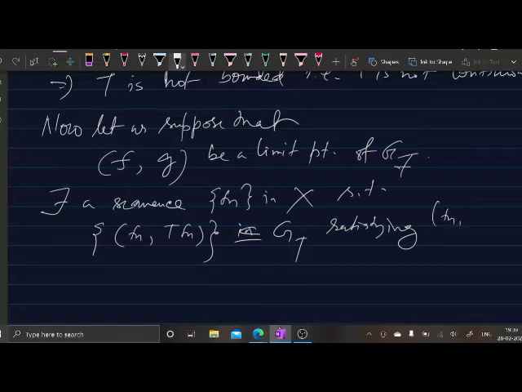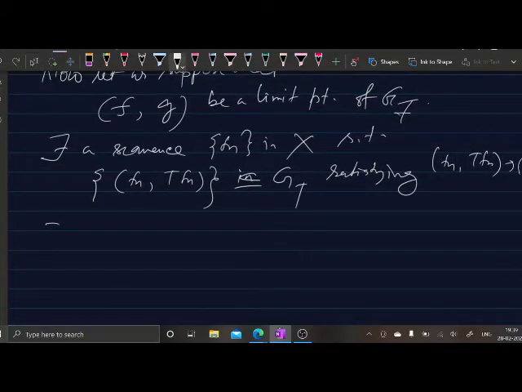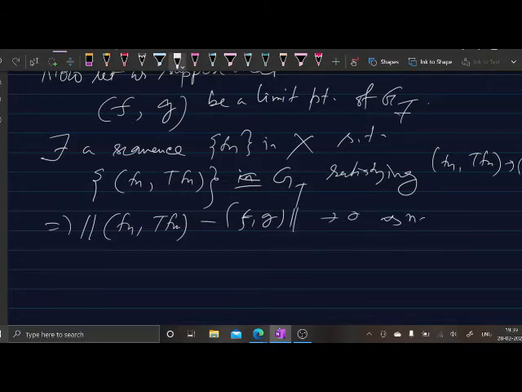So (f_n, T f_n) converges to (f, g), right? That means now we are using the norm, and in terms of norm you can say that the norm of (f_n, T f_n) minus (f, g) tends to 0 as n tends to infinity,